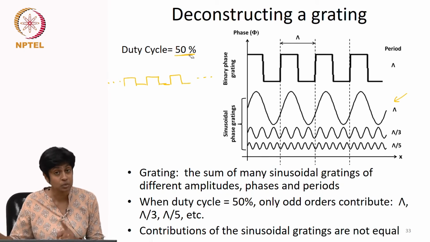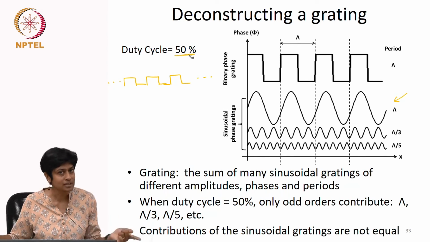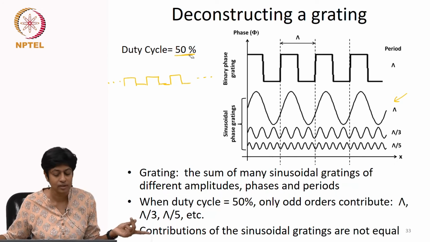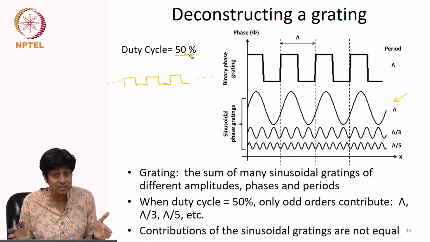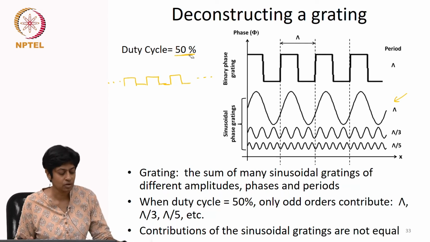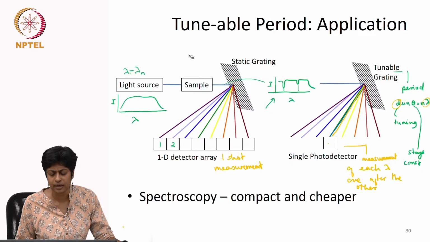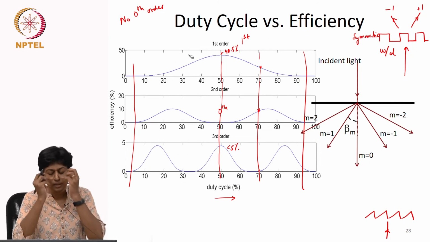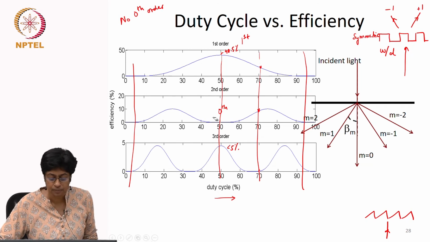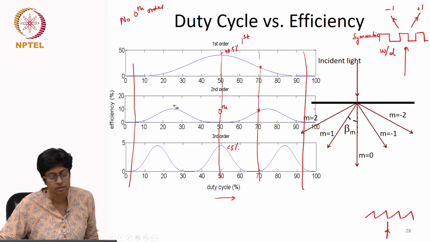So I'll have +1 -1 order, +3 -3 order, +5 -5 order, but not the even numbers. If the duty cycle changes, of course you will have the other orders. And you remember, you can get an idea of that if we go back to this graph. When we did the 50% duty cycle, you can see the second order went to 0%. Whereas if you had a different duty cycle, then all the orders, the first, the second, the third, they all